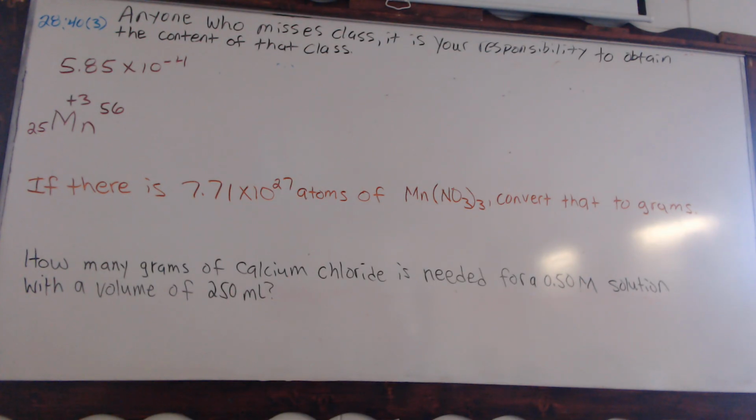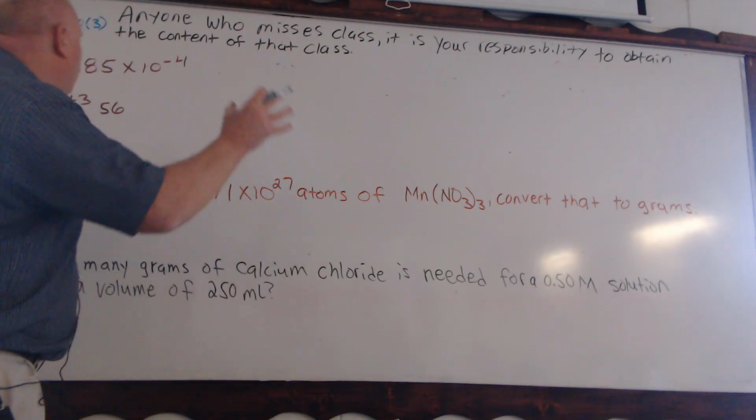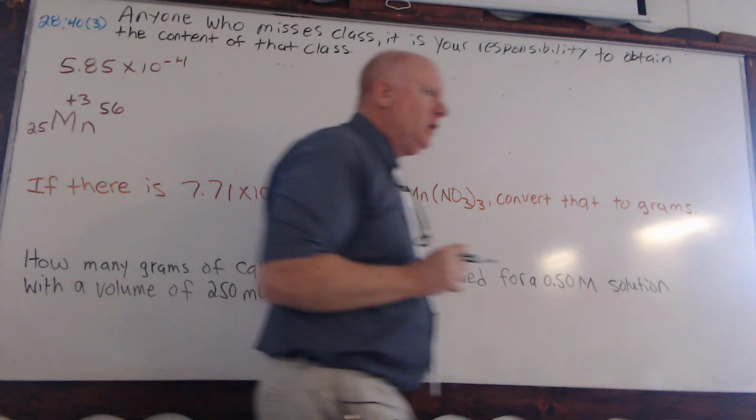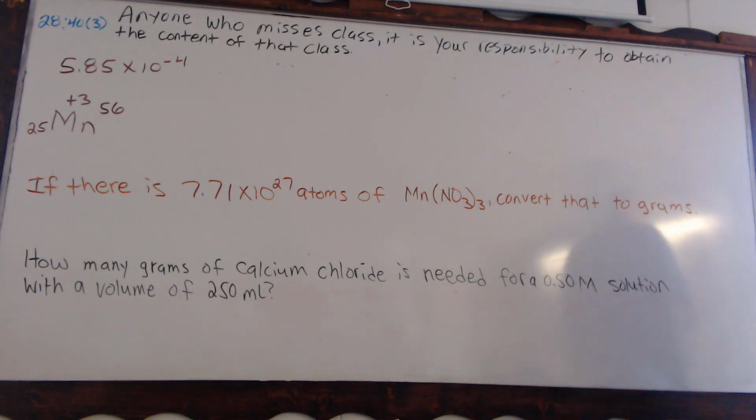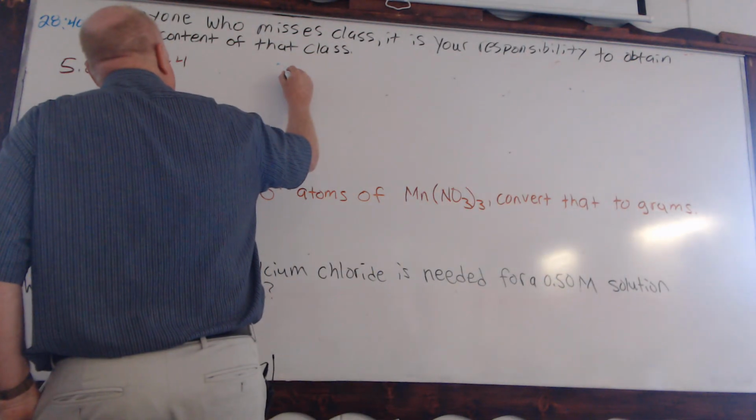Okay? So the top number, if you had 5.85 times 10 to the negative fourth, how do we change this irrational number to a whole number? So that negative 4 is telling you something. Remember, these are powers of 10. We move it to the left 4 times. Okay? So that means if we had